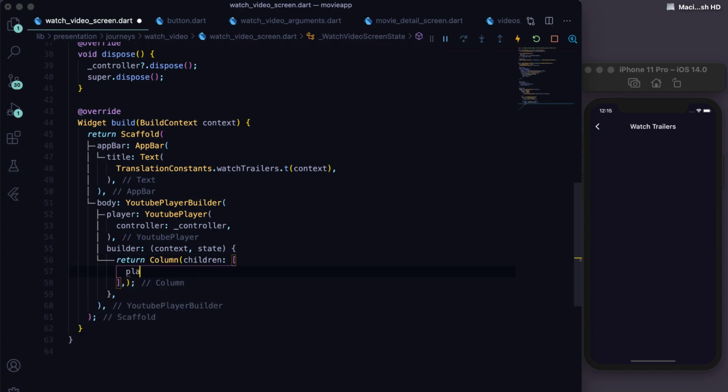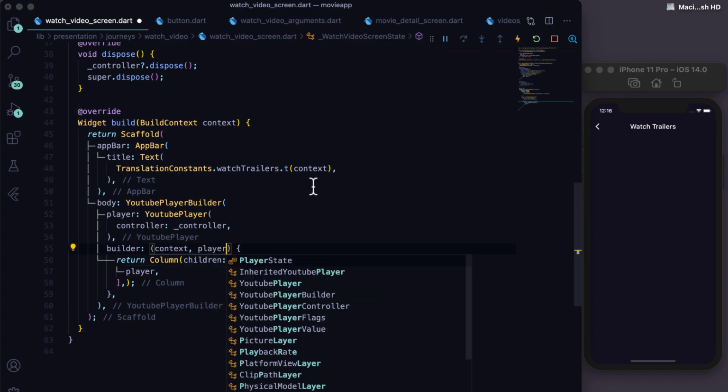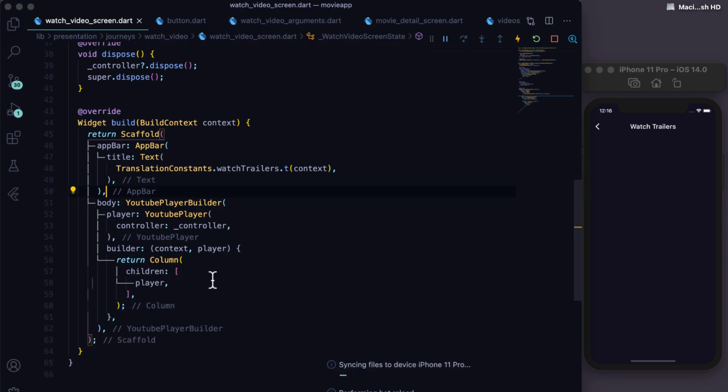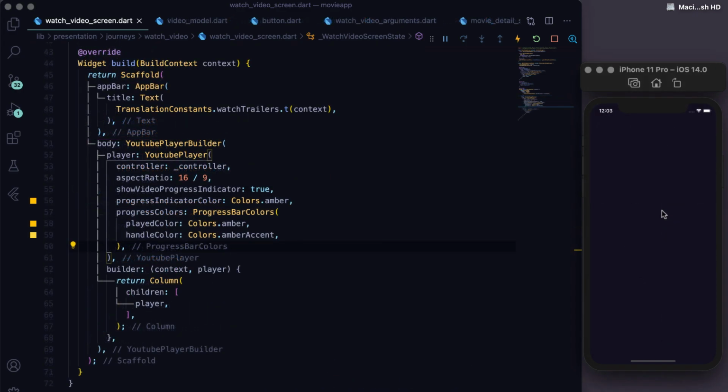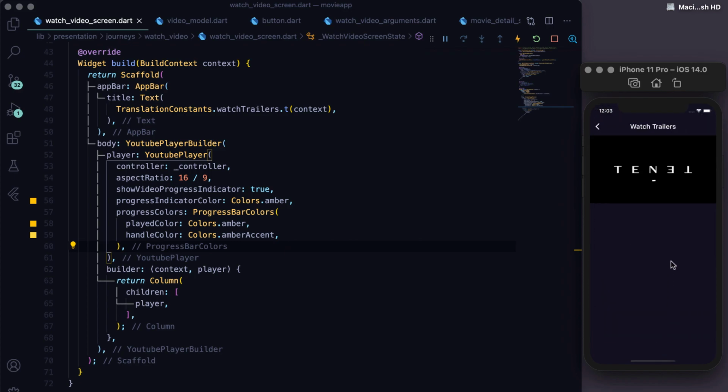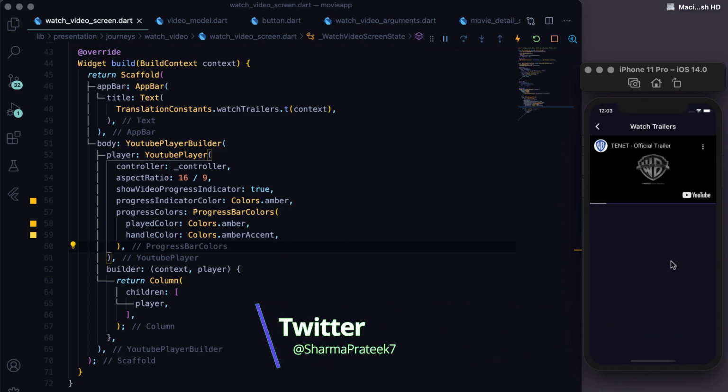We are putting the player in column to have list of all videos as a list below the playing video. Now stop the application and rerun the app and you will see that the first video is auto playing. Play with it. Next we will populate all the videos.